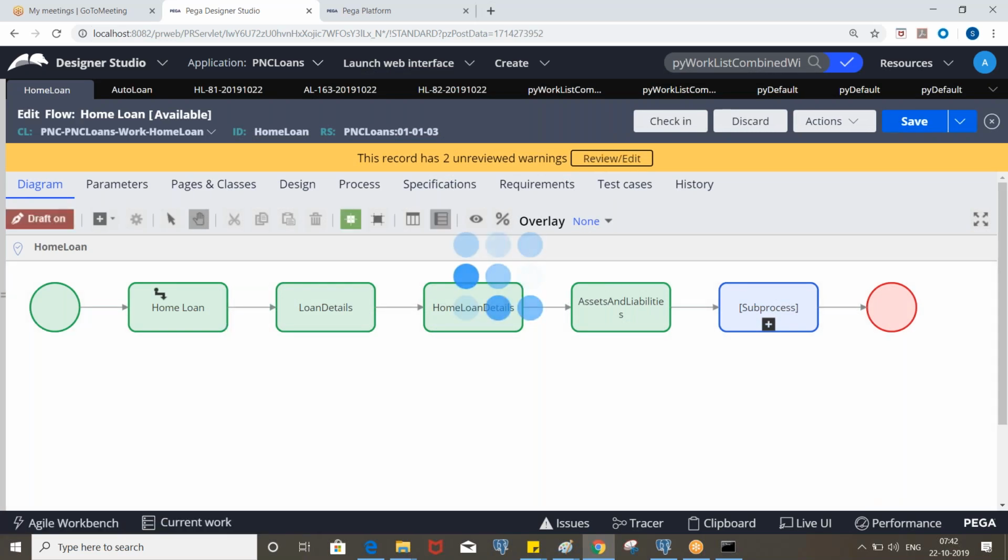And we have work object level SLA also. That means that will be applicable for all the assignments in the flow, so you don't need to invoke the same SLA in each assignment. If it is different, then we can configure. Let's say for this assignment I want to configure some SLA, and for this assignment I want a different SLA. In that case, we can create the SLA based on the requirement and invoke it.